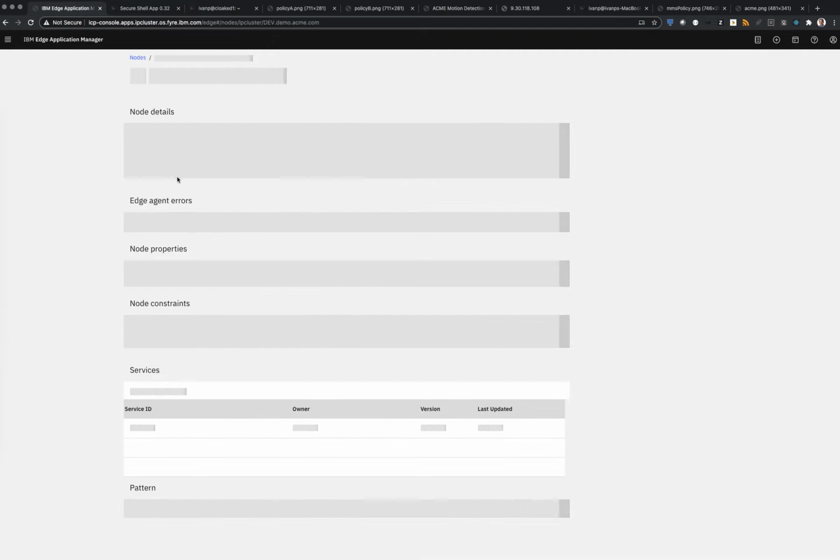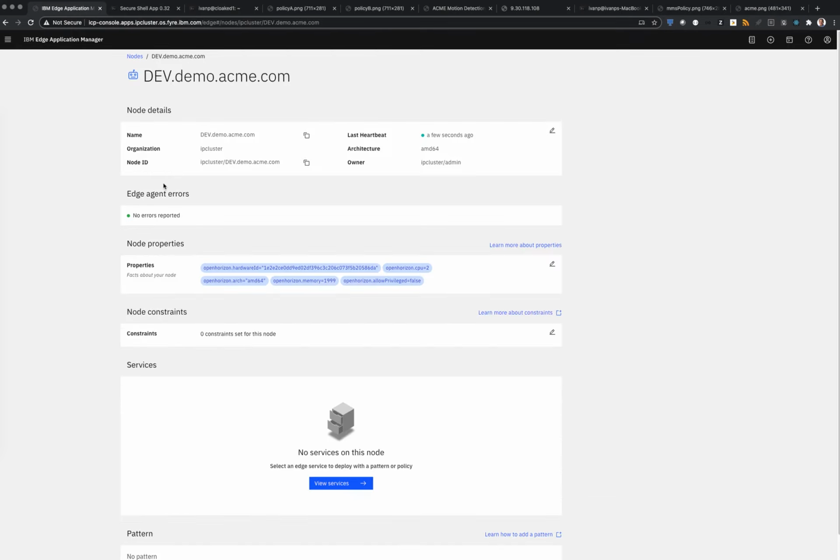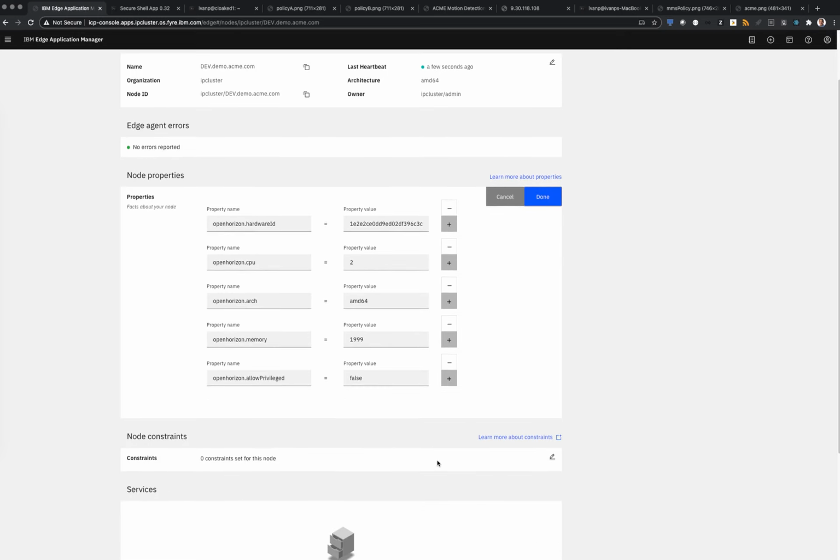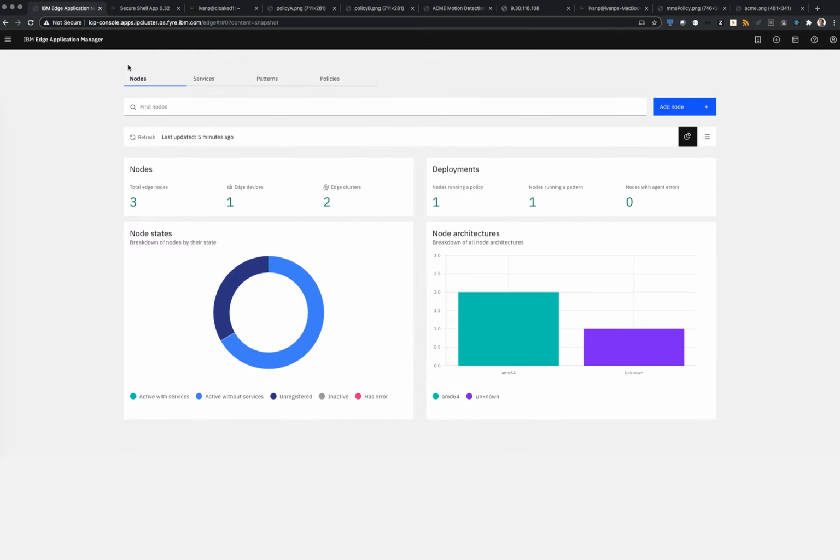If we click on it, we can see the properties of this development machine, where we can tell that the system has these open horizon properties that you get by default, details such as the number of CPUs, the architecture, the memory of that machine. We also see if your particular node has some constraints, and the aggregation of policies and constraints is what makes your node policy. If we get out of there, click in nodes, and we're going to register the 2 VMs